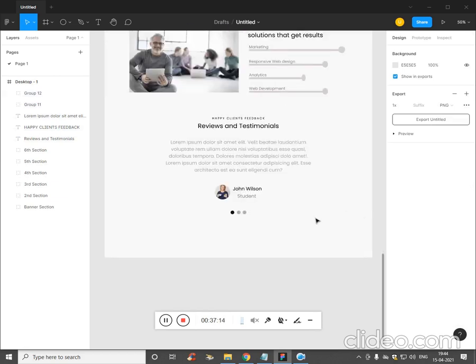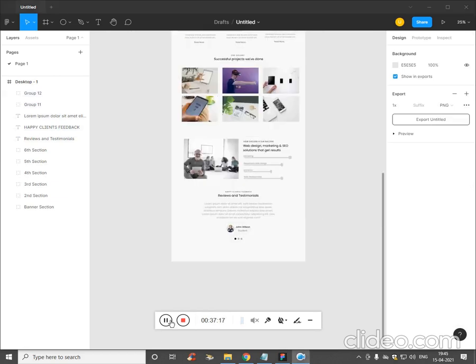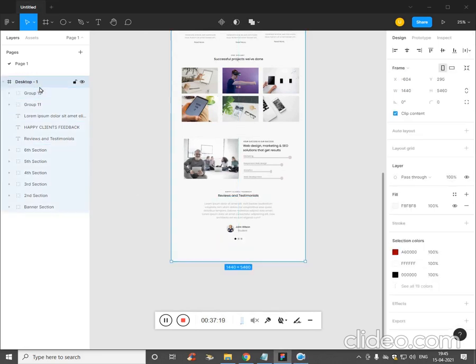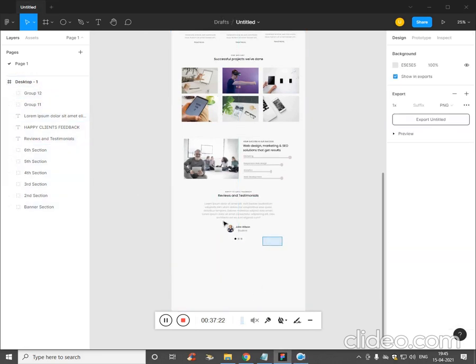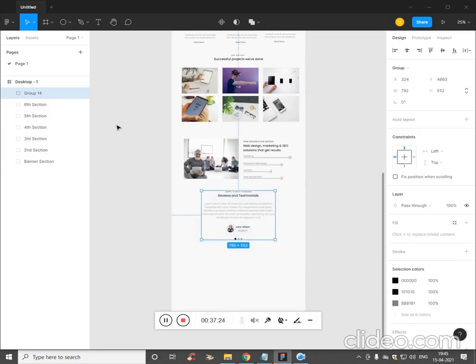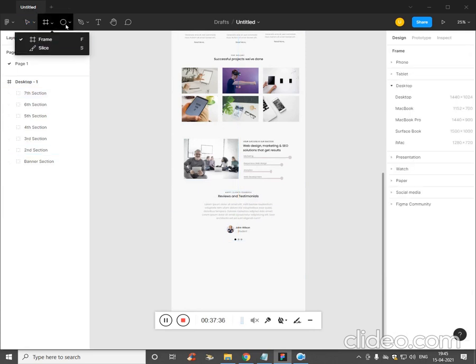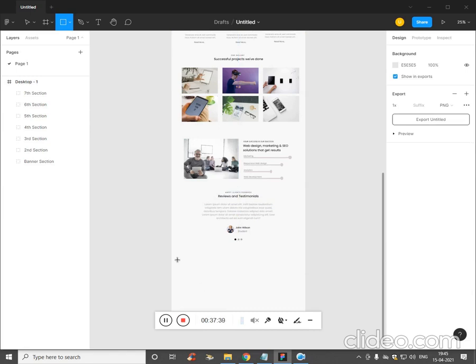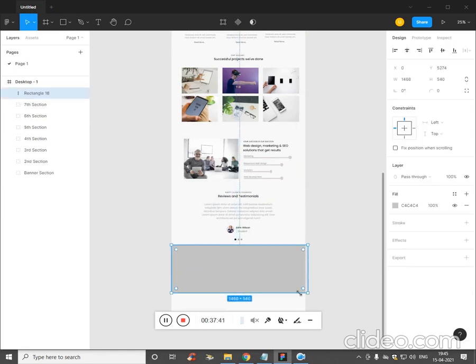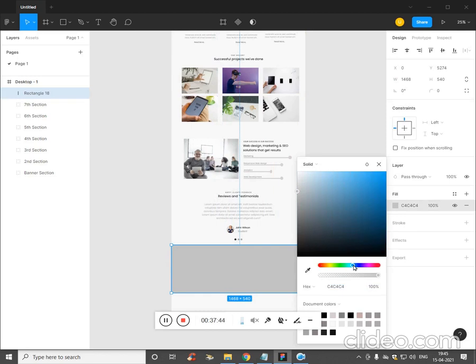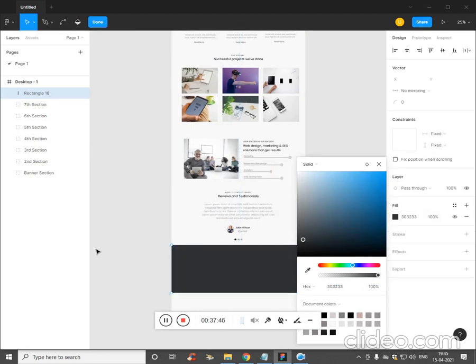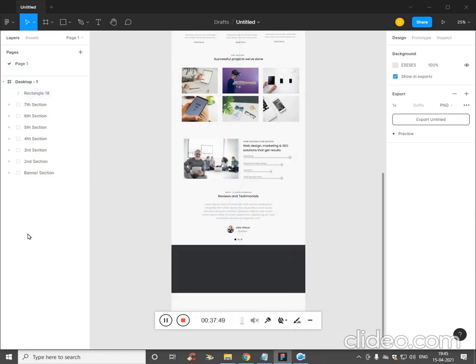Well, we have waited to the last one. Let's create a call to action button. Click on the desktop, make it wider, select all, make it as a group and call it 7th section, and then we need to make a rectangle. Click and drag, make the color, that's fine. Now create another rectangle,